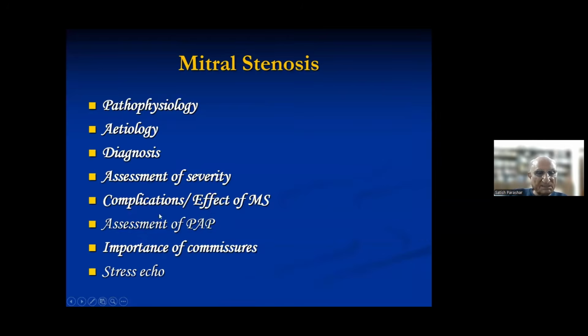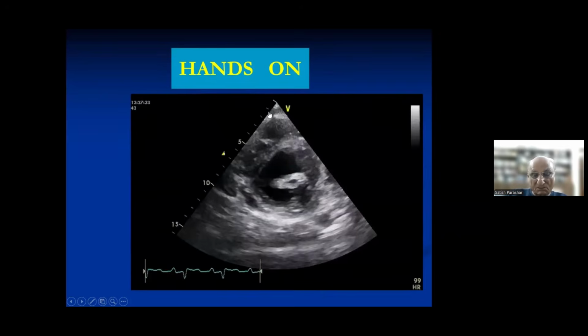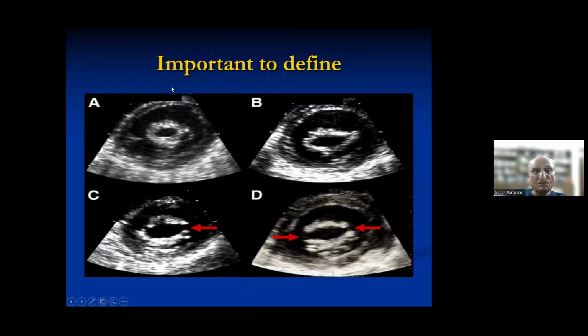Now, pulmonary artery pressure is a separate topic, so that has been discussed separately. Now, this is important. Again, I have written there hands-on, because if I tell you how to see it, it is very easy. It is very important to recall the commissures: anterior leaflet, posterior leaflet, joining at the commissure level. In a mitral valvotomy, balloon mitral dilation, they split the commissures. So now, what does this indicate? This is anterior, this is lateral, this is medial.